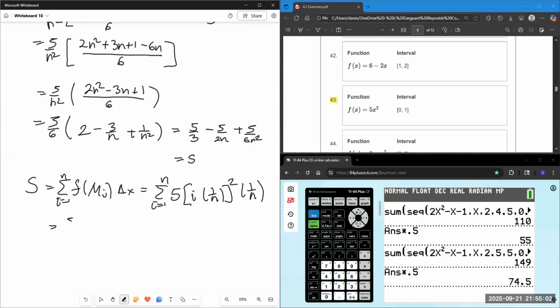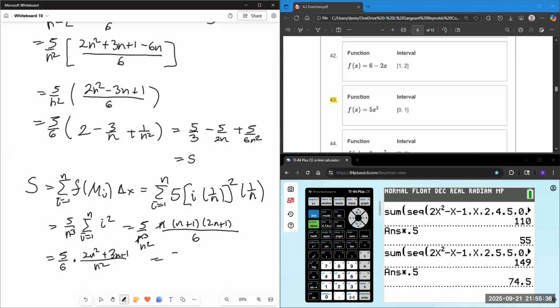I'm going to say that this is 5 over n cubed summation i equals 1 to n of i squared, which is equal to 5 over n cubed times n times n plus 1 times 2n plus 1 over 6. n cancels out, makes this 5 over 6 times 2n squared plus 3n plus 1 over n squared, which is 5 over 6 times 2 plus 3 over n plus 1 over n squared